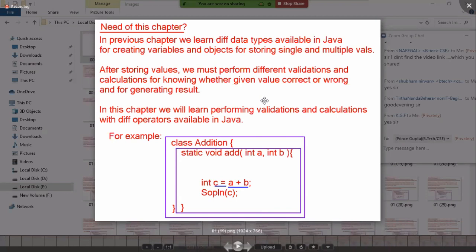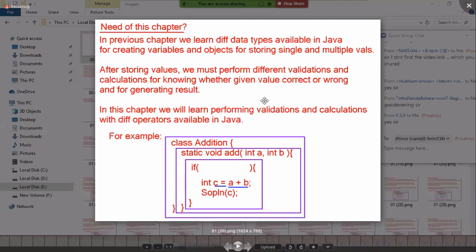Then I don't want to execute this logic always. I want to execute this logic only for positive numbers. If you pass negative numbers, I don't want to execute. That means I want to control the execution of the statement. How can I control? By using the control flow statement if. I must give the information to if whether this is a valid value or a wrong value. For that, in the if parentheses, we must write one small expression.